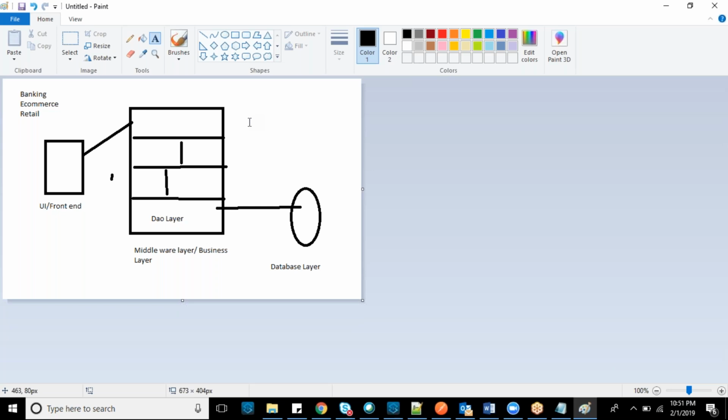That architecture is implemented in most projects. There will be layers, like a DAO layer, a business layer, and a process layer.